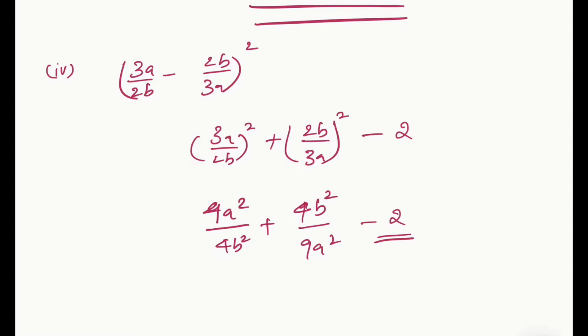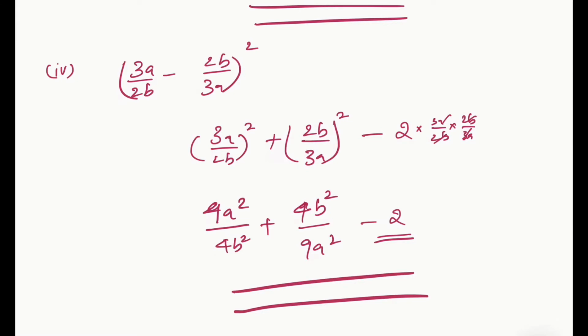What happens here is if you apply the 2ab formula, what do you get? 3a by 2b into 2b by 3a, that is getting cancelled when it's a reciprocal. So this will be a value. Okay. Now coming to the second main.